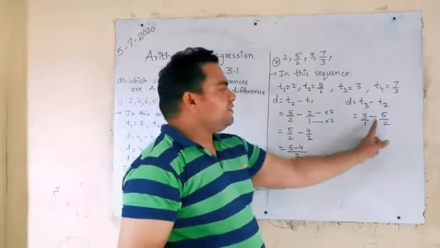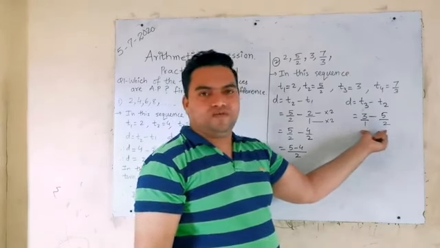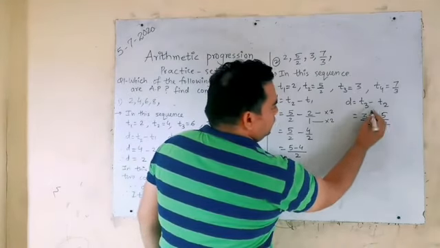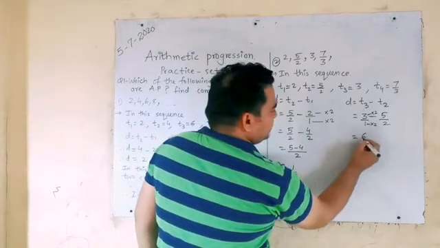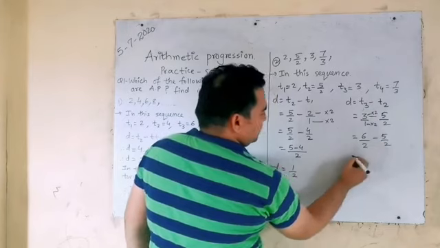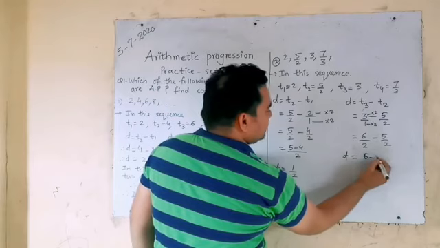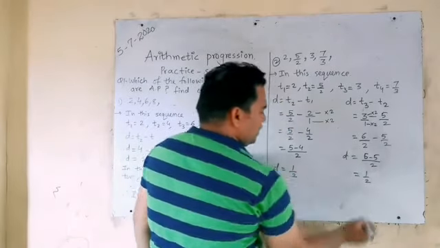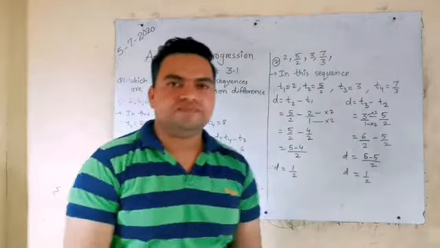It means what? Subtraction is not possible. Subtraction will be possible when their denominators are equal or the same. So that's why we will multiply the denominator by 2 and the numerator also by 2. So what will it be? 3 2s are 6, 2 1s are 2, minus 5/2 as it is. So what will be the difference here? 6 minus 5, that is 1. We have to write that first: 6 minus 5 upon common 2. So 6 minus 5 is 1/2. Can we see the difference is constant? Like that you have to solve the further steps as well.